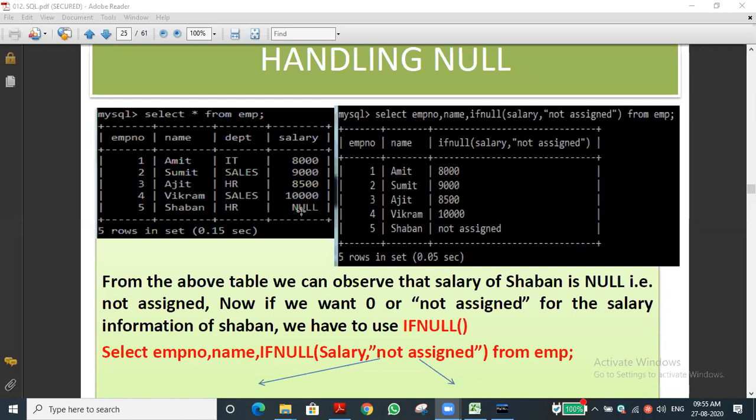That is called default. The default value we can create at the time of creation of the table. But suppose null is there, and instead some other value should come. For that purpose we can use the if null condition.